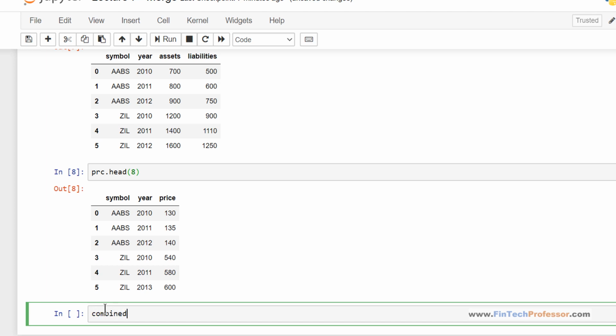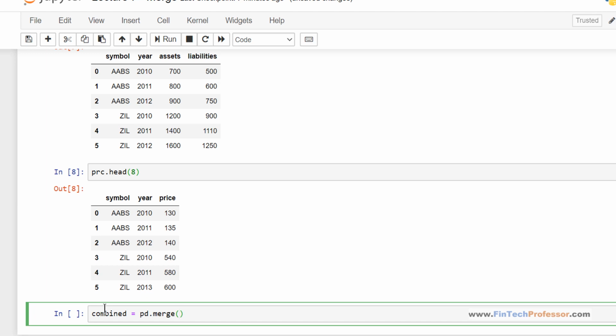Combined equal to, we are creating a new data frame which is called combined, pd.merge, and then we type names of the existing data frames.